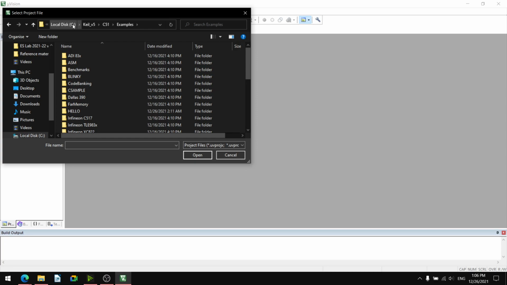The C drive is used for all the program installation in our computer. So Keil V5 is also installed there. In Keil V5, C51 is the folder. In C51, examples is the folder. In examples, these examples are available.